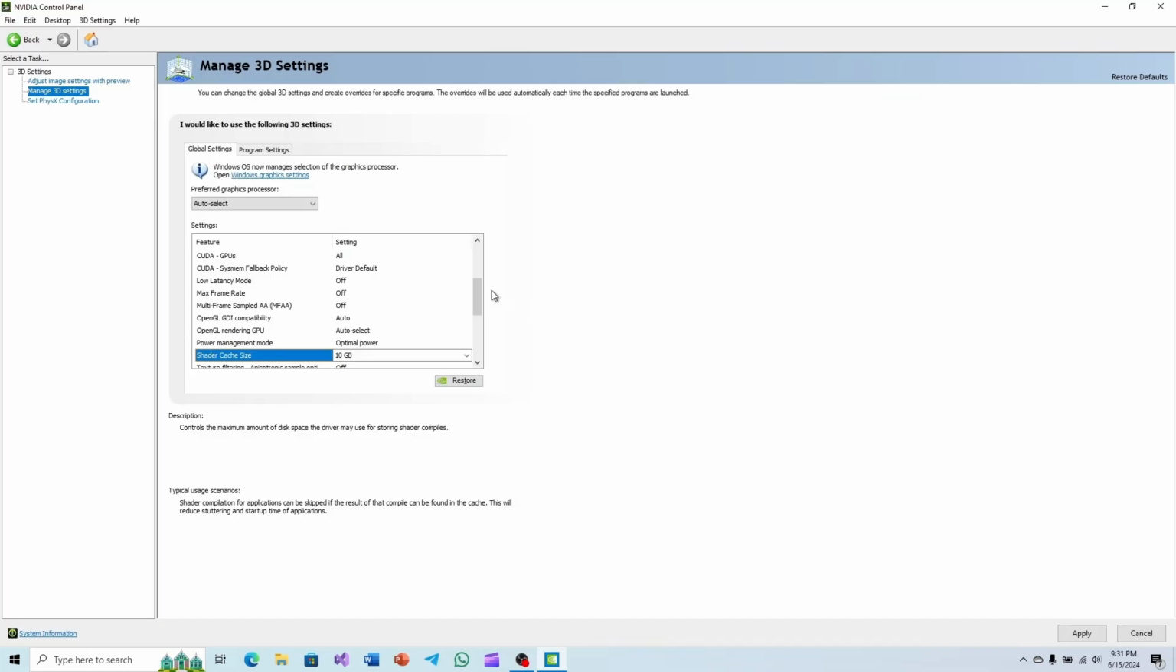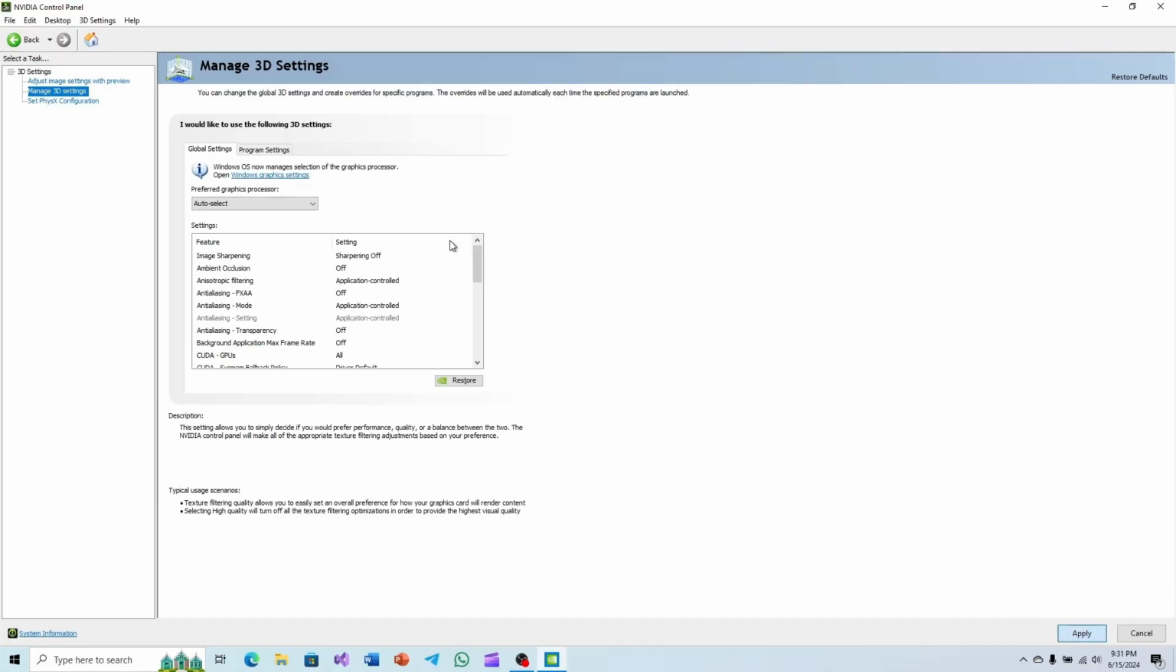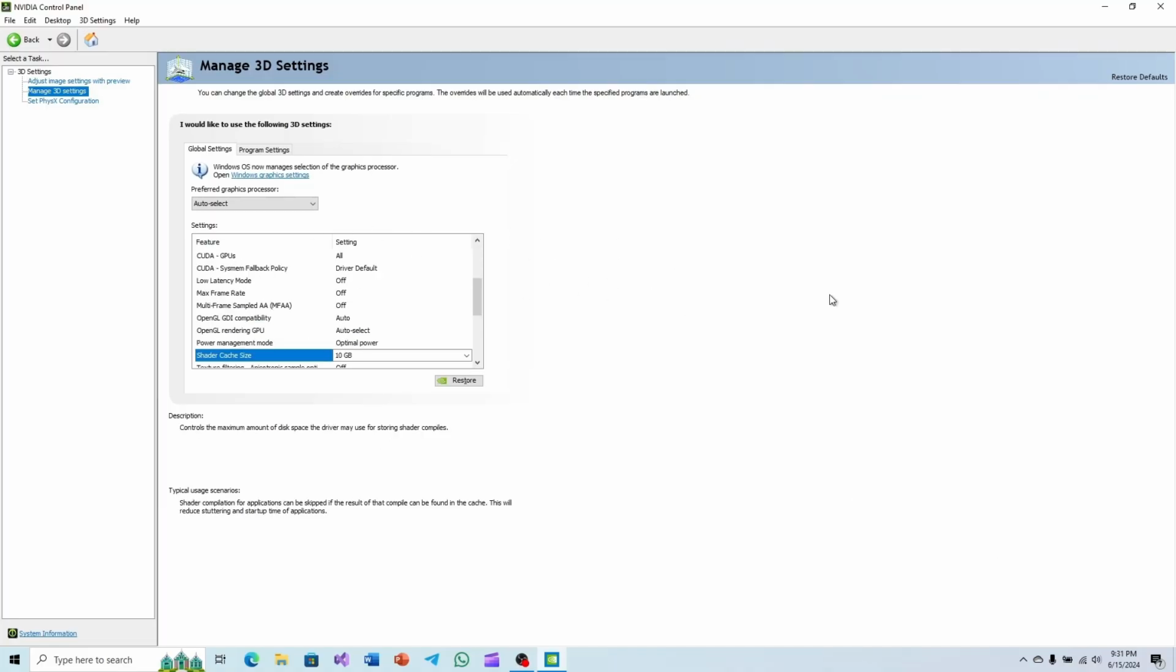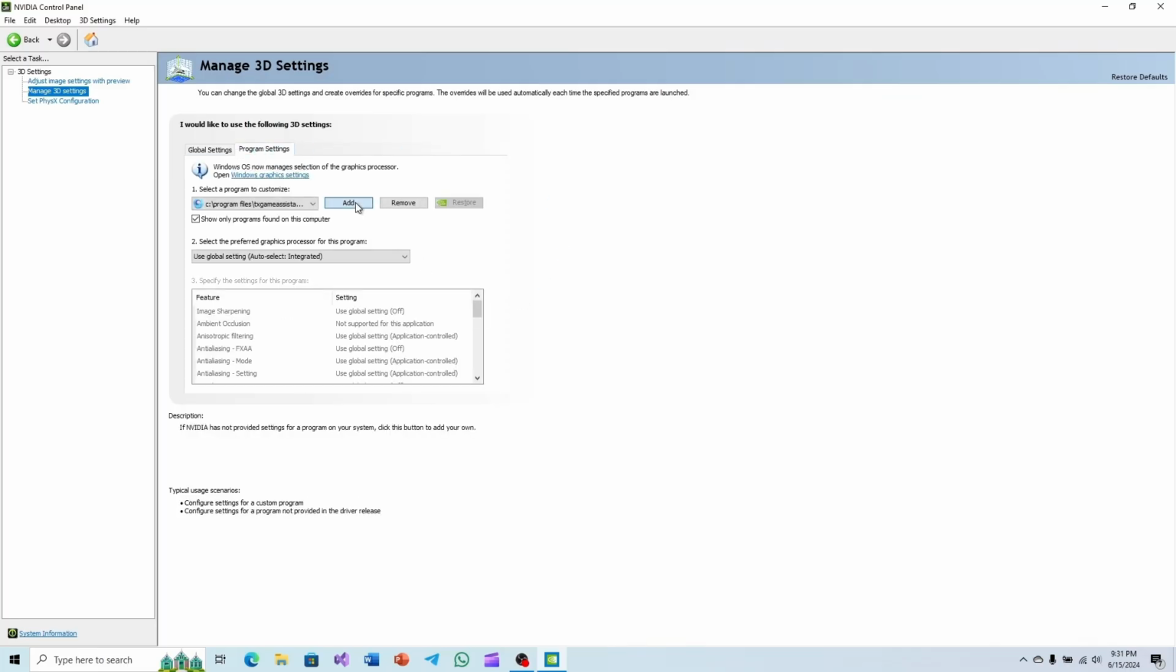The driver default, I've heard, is 4 GB or 5 GB, something like that. Click the shader cache size as 10 GB. Only this setting, and then go to Program Settings. Click on Add